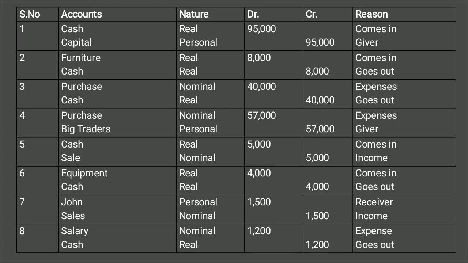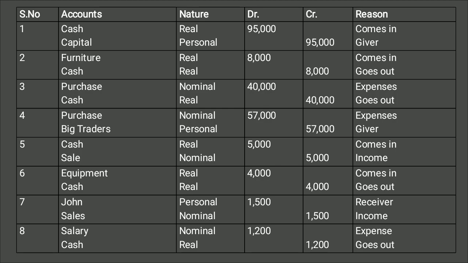So two things are there. First, because of the purchase, and purchase is a kind of expense, as well as part of the nominal account, and the rule of nominal is debit all the expenses. So we have classified purchase as an expense, so that's why we have to debit the purchase account, and similarly we have to credit our cash, because cash is going out of the business. Okay.